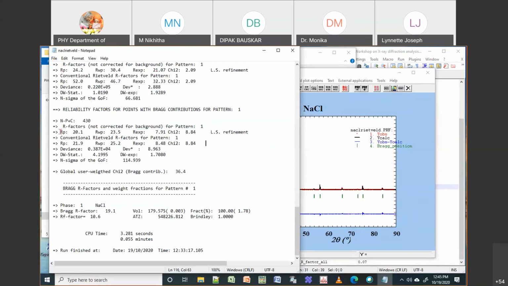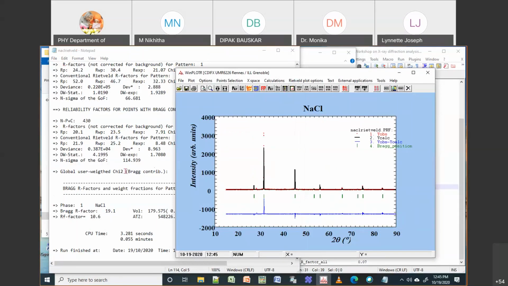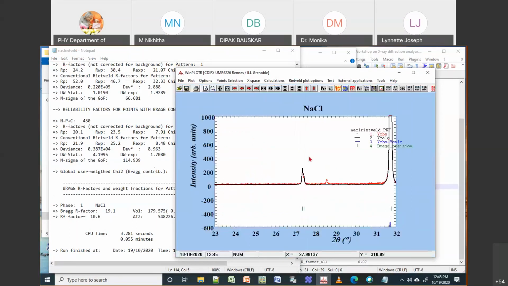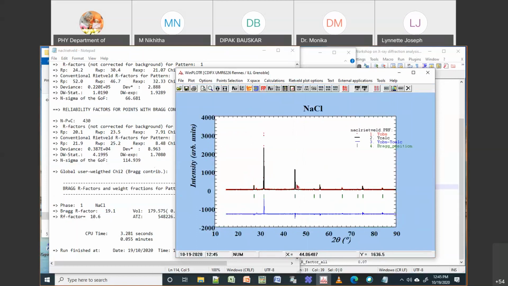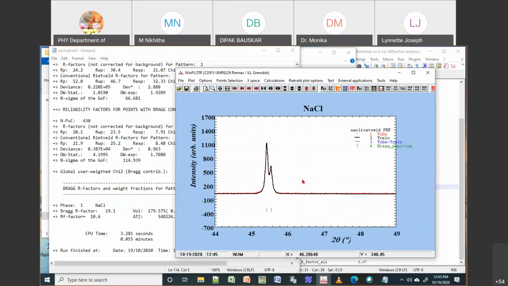So you can give these values, but again, as I told, your chi-square and all those things depend on your data and also the model, on how good your model is and how good your fitting is. Normally in this case, I don't have a really good fitting in terms of these peaks.